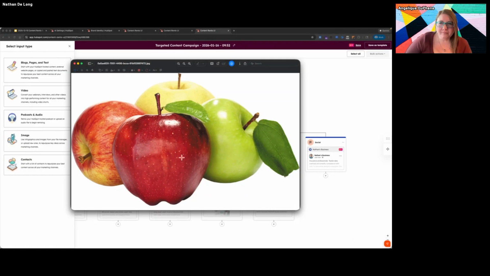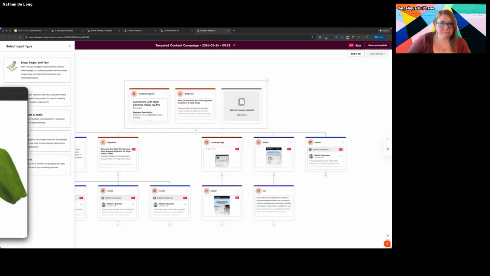Instead, it's looking at that and it's going to use that as a basis for adding its own content in whatever you're creating in the course of that remix. So my exact image of these apples isn't what shows up as, say, the image in the marketing email. There might be an image of apples, or it might talk about apples if I don't have my brand identity set up and it has literally nothing else to go on. But this specific image isn't going to show up in what it creates. This is just being used to cue and prompt the model.